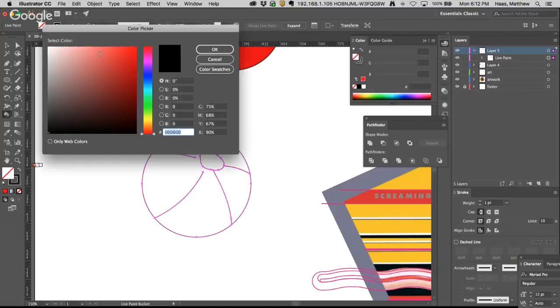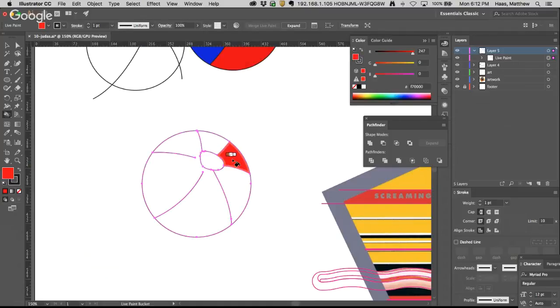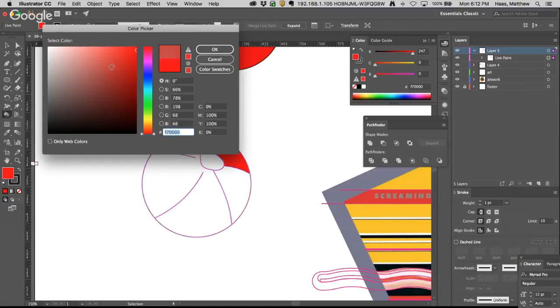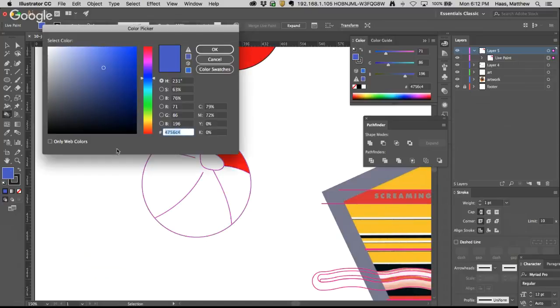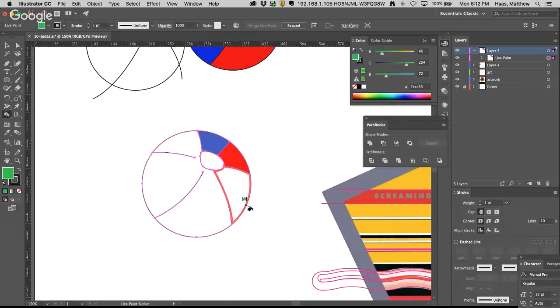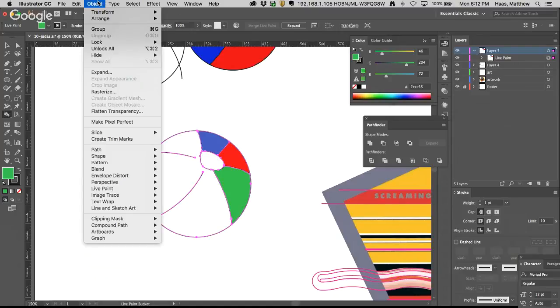Oh, I got to put my color back in. So there. So now I can start painting. And I can paint a different color here. And this is just like paint by numbers. Kind of a more natural way to go about it. Now, here we go. So there is an important